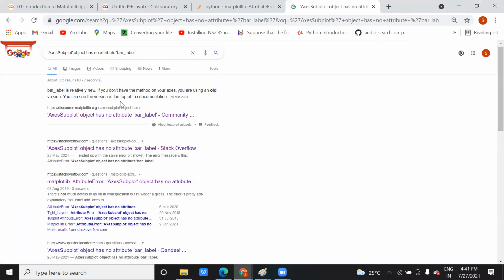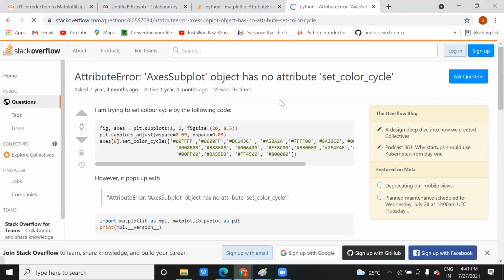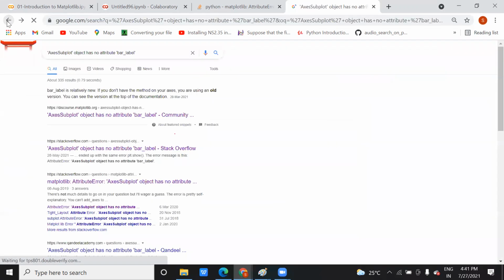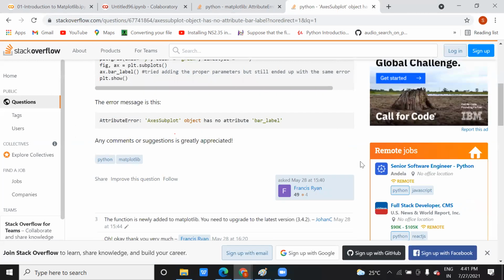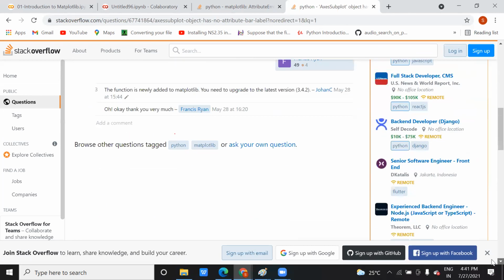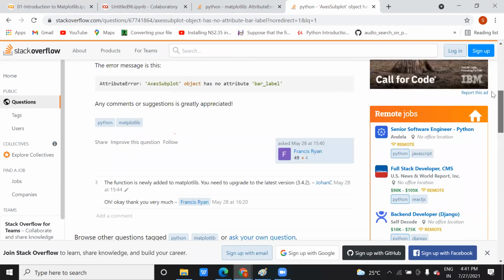So you can see the version at the top of the document. No, it's a set color one. Attribute no color. So there is no solution given here.